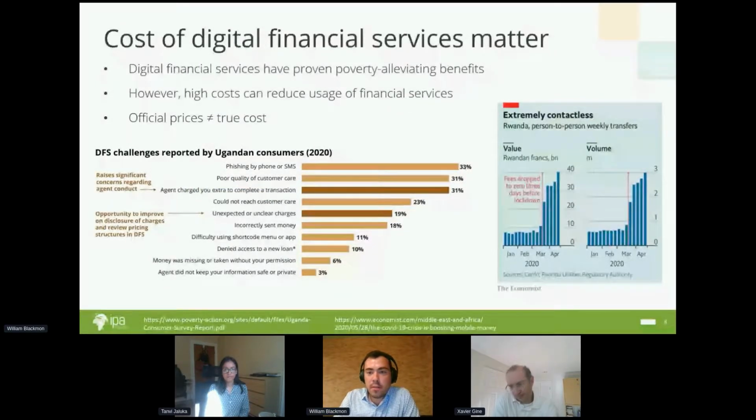I want to start from a broad point and make the case that measuring the true cost of digital financial services is both important and not a trivial undertaking. We know that digital financial services can help to reduce poverty and improve consumer welfare. There's been a lot of strong research on this that has shown experimentally